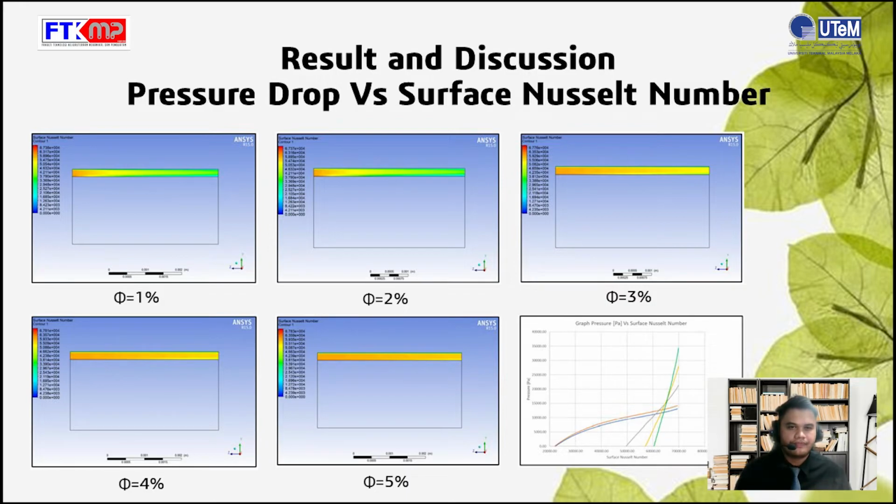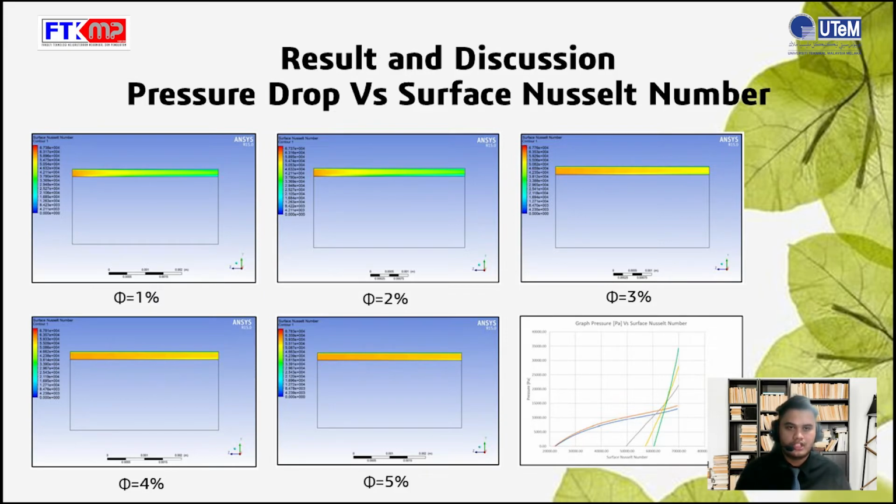As you can see, the figure compares the surface Nusselt number distribution in the flow field of different concentrations. The water CuO concentration of 1% and 2% have almost comparable surface Nusselt number distribution and a smaller contact surface than the other nanofluids. Next, we go to the graph,